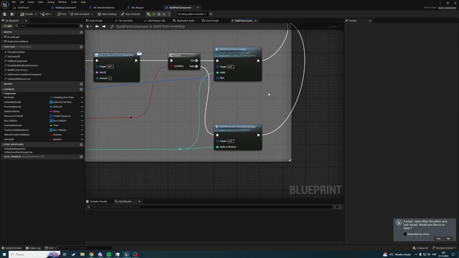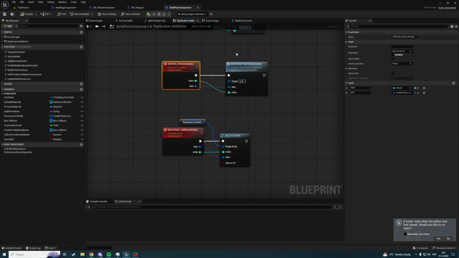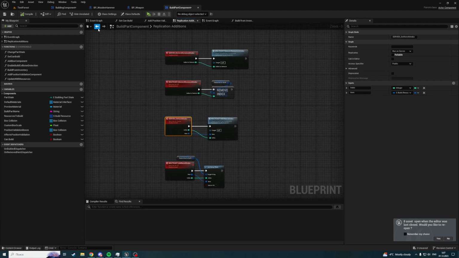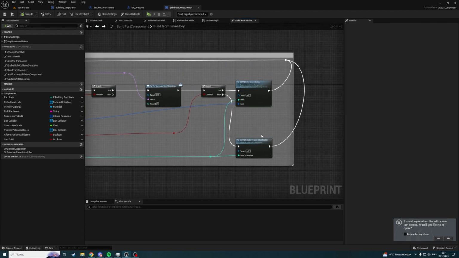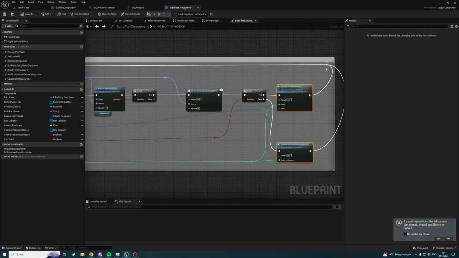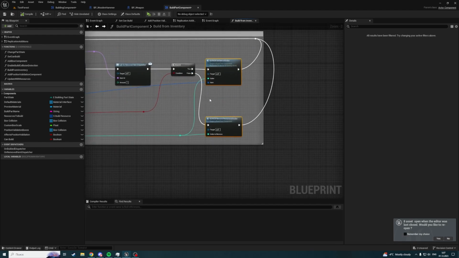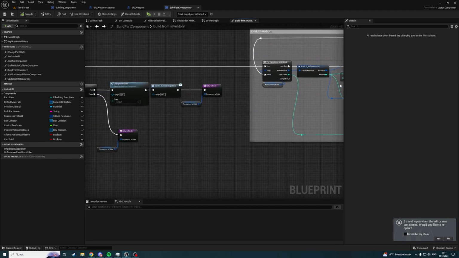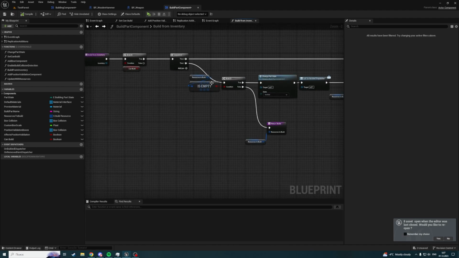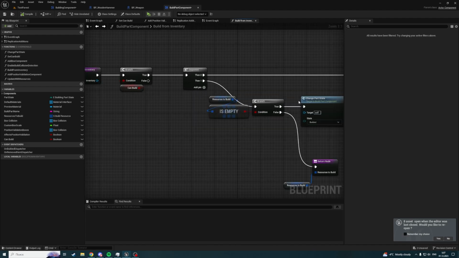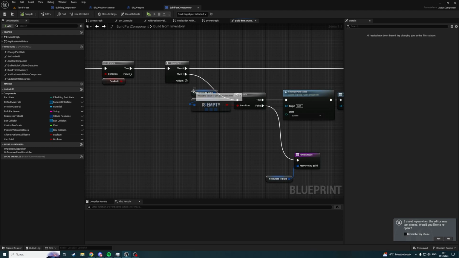You can leave it here as it was previously. And after all of that, I connect them to this pin that goes to break of for each loop. So after this completed, then sequence part 2 is called,